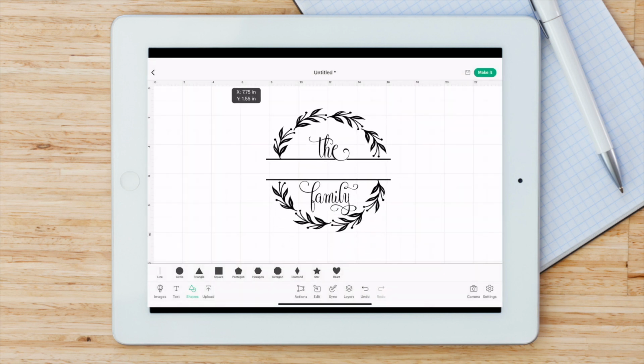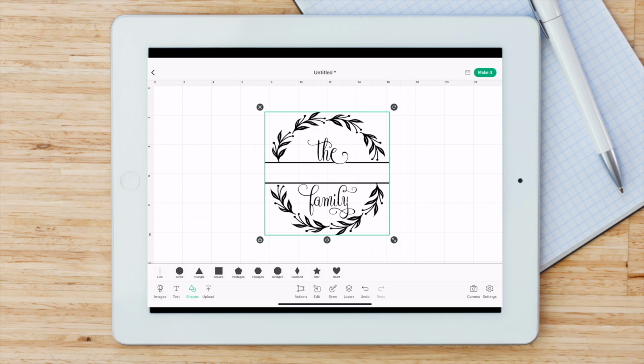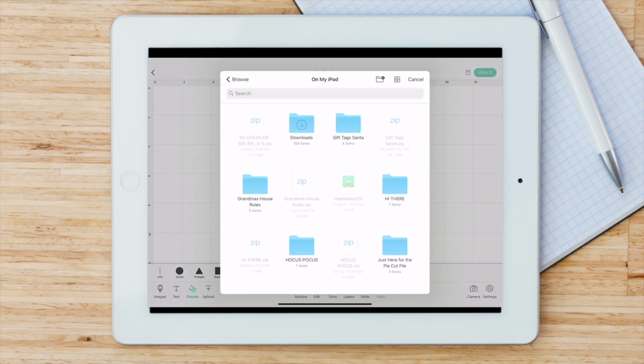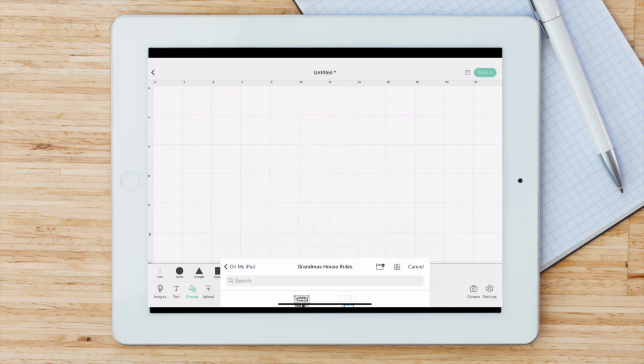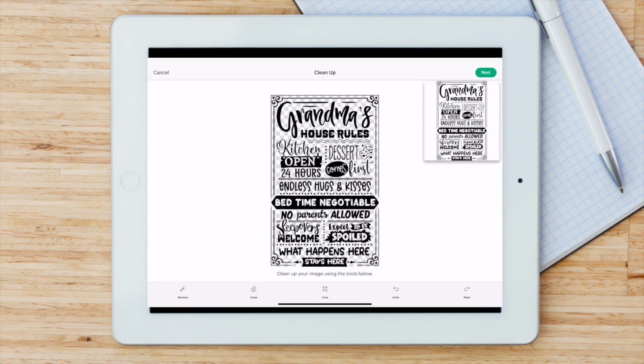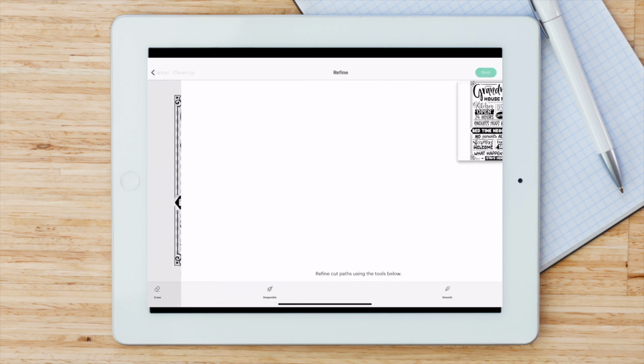All right, so how do you upload a design? As you guys can see here, I've brought one in. I'm going to go ahead and click on this again and browse files. And then I'm going to click on the file I want to bring in, just like so. So it's super duper easy. Now, there are a few different options here you guys can see down at the bottom to remove things and erase and crop and all of those. But our images are ready to go, so you're just going to go ahead and hit next.